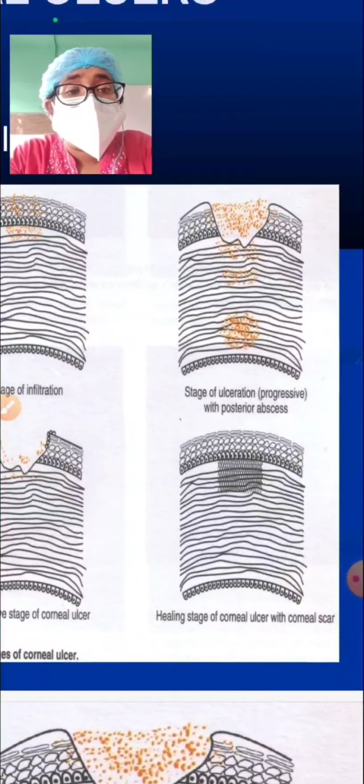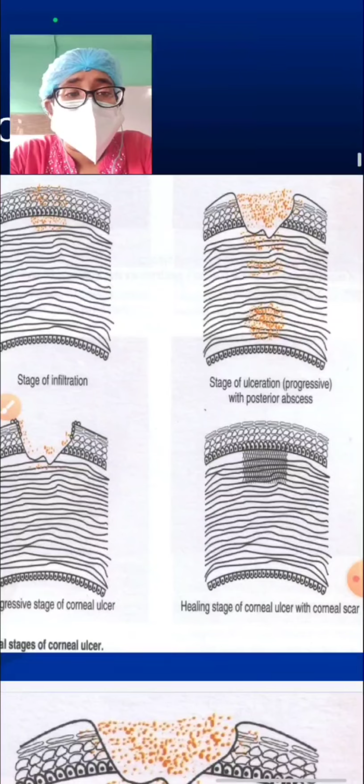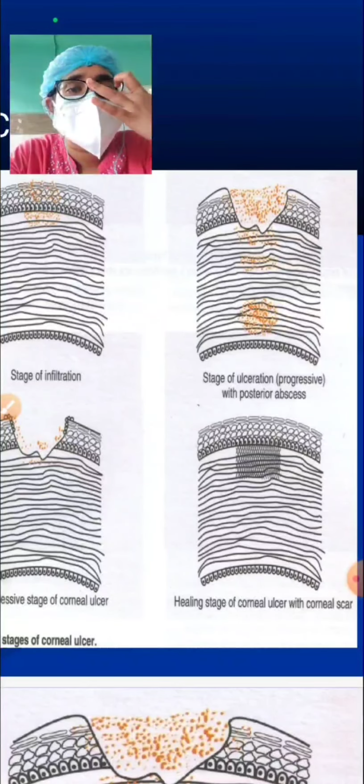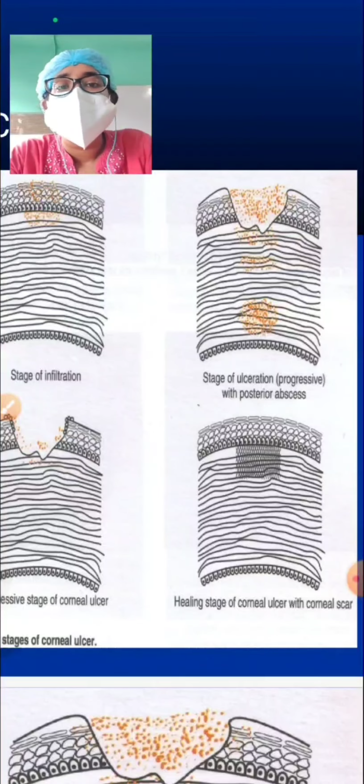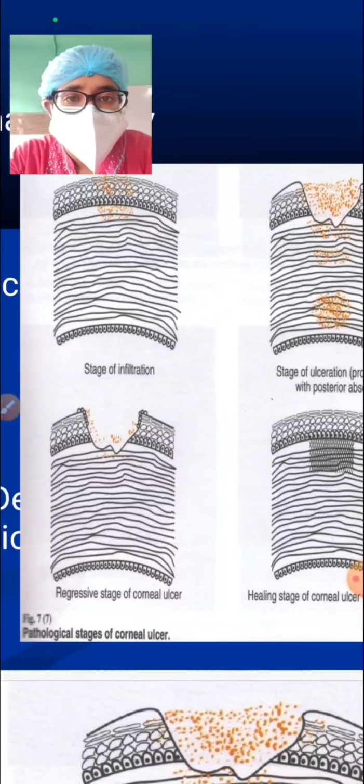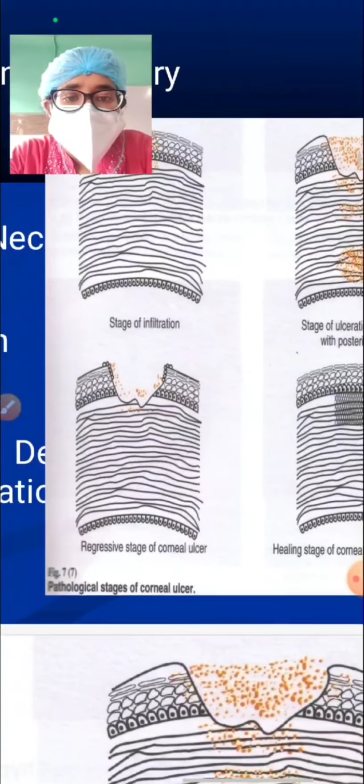Now, in this stage of ulceration, it depends on how much is involved. If less than one third of the stroma is involved and healing occurs, that is one term. If more than one third of the stroma is involved, that goes for macula, and full thickness goes for glaucoma. Okay,